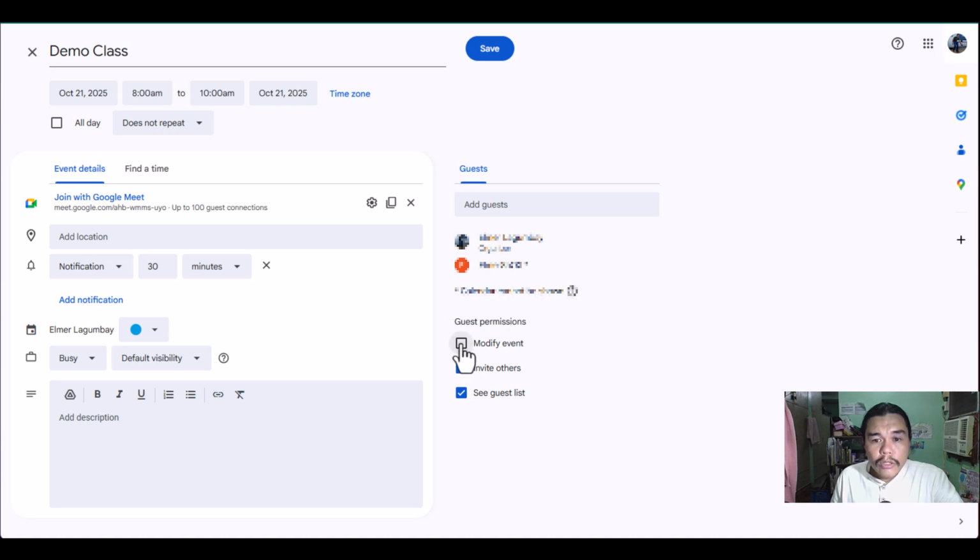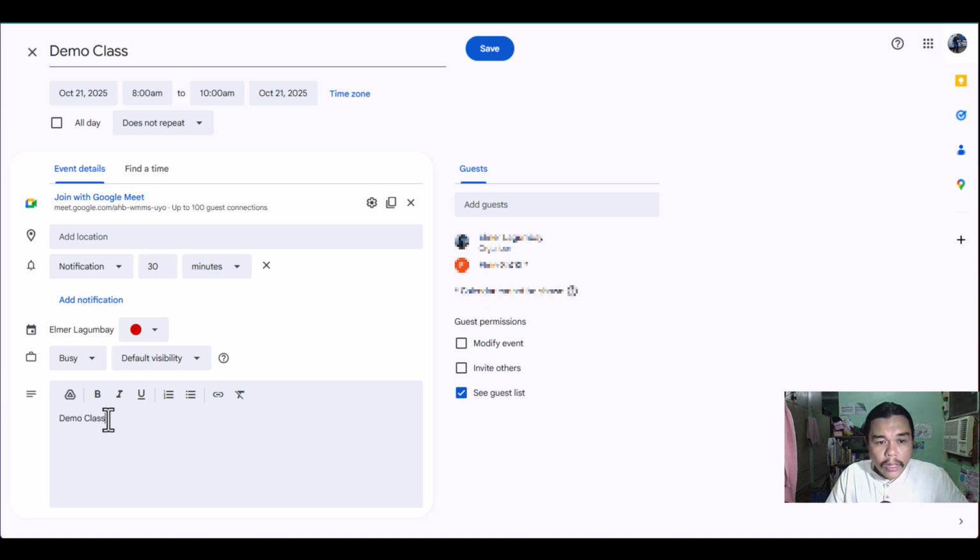So you need to disable modify event, and if your guests will be exclusive, then uncheck this and see the guest list. I would recommend to uncheck this if your guest is not an official enrollee, for data privacy. Here, you just need to put the color and the default visibility, then the title: demo class